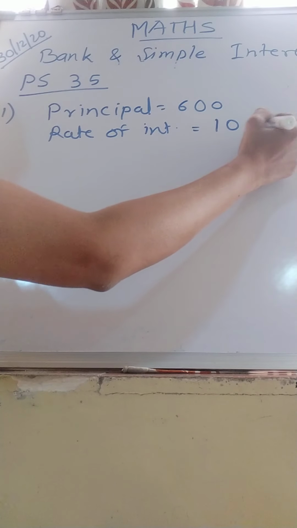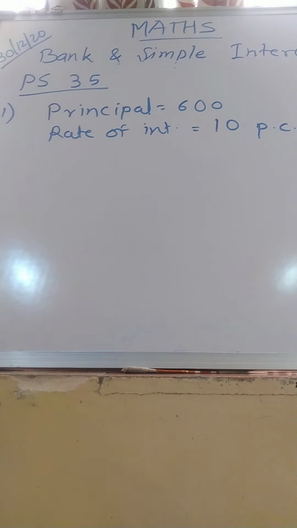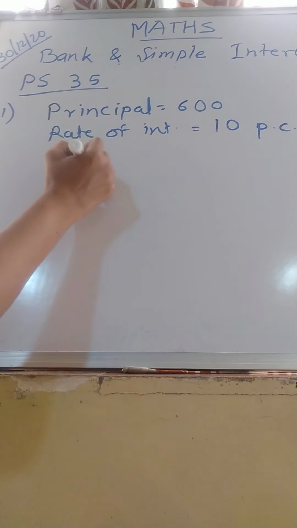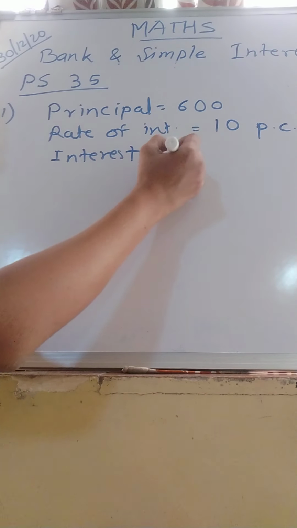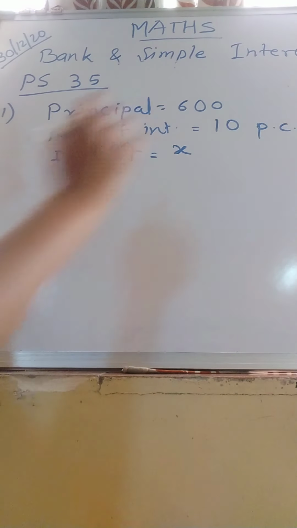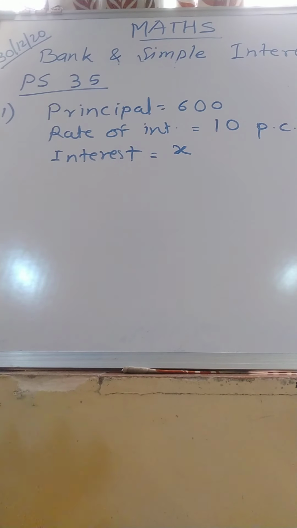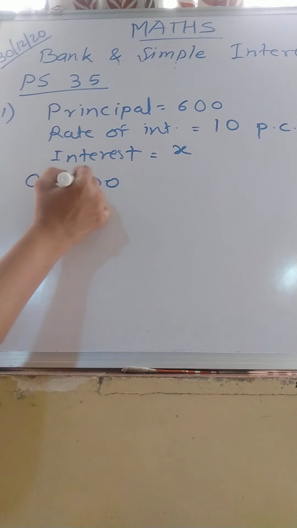Then the rate of interest given is 10 PCPA, percent per annum, right? What we have to find out is the interest, that we don't know, so consider it as X, right? Understand? Now this PCPA means percent per annum. Percent means what? On 100 rupees. So on rupees 100,